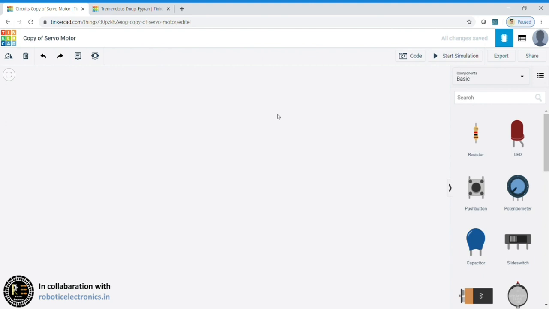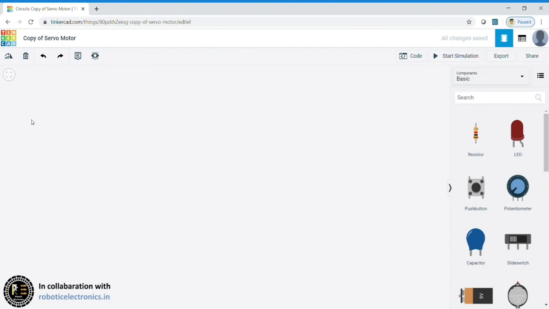As a part of the Arduino course, we have completed the Arduino Uno hardware and how to code it in the Arduino IDE software. In this module, we are going to look at real-time projects, like how we can simulate a project and do it in real time the same way the simulation is shown in this software. We'll see how to use the software, how to simulate the components with the Arduino Uno board, write the code, run it, and see the output with those components. So let us move on to the topic.